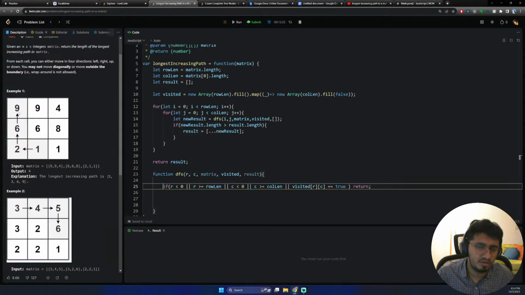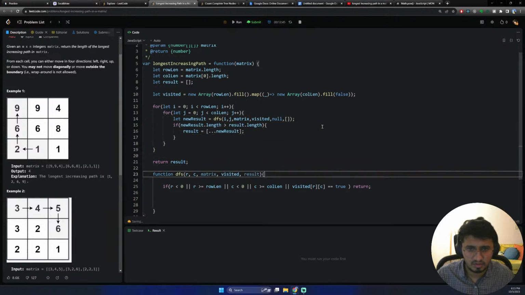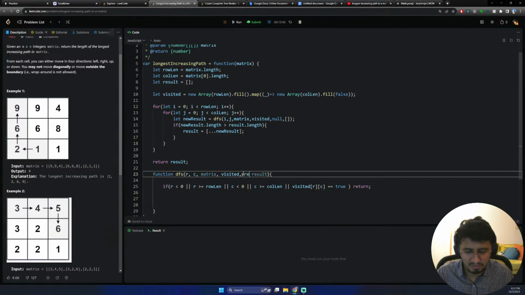Previous, right? So how can we do that? I can have it here, define the previous one, pre, or define null here, and here I can just say previous,